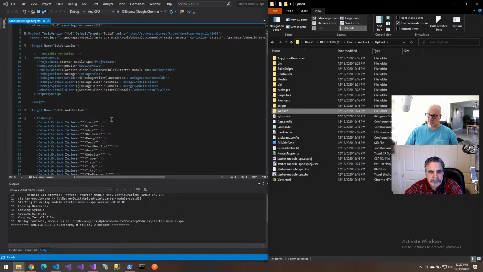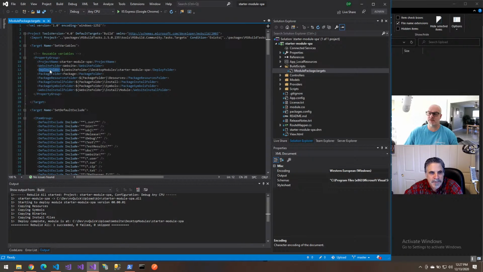So we're actually developing this not in line with DNN. And that's a pattern that I really like, because you could actually test on multiple versions of DNN. You can deploy them to other areas. And this is where you're going to do it, is in your targets. So if you'll see here, there's the deploy folder that's set up. So this is a variable here that matches this. So that's the name of the folder that we by default have it set up as is website. But you could also just put a path to a completely different directory there, and that's kind of your root